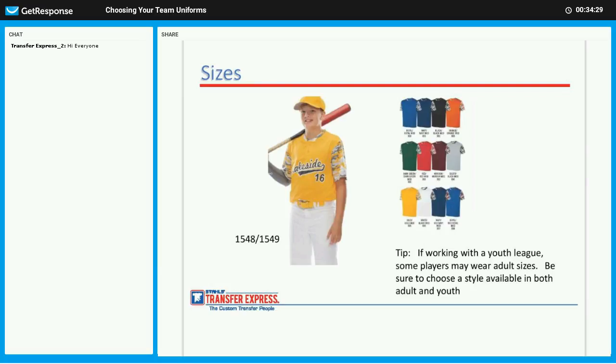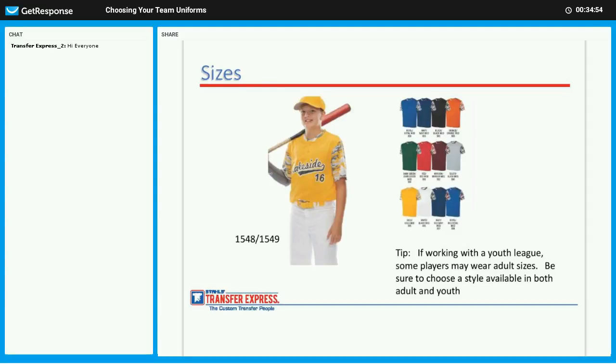The example that we're giving you here, this is actually my favorite example, because it's got some style to it too. This has got the camo sleeves going on there, so you've sort of got the traditional baseball look of the sleeves that are one color and body that's another color, so that's kind of slick, right? So that's style 1548 and 1549 on the Augusta section of our website. But just bear in mind,